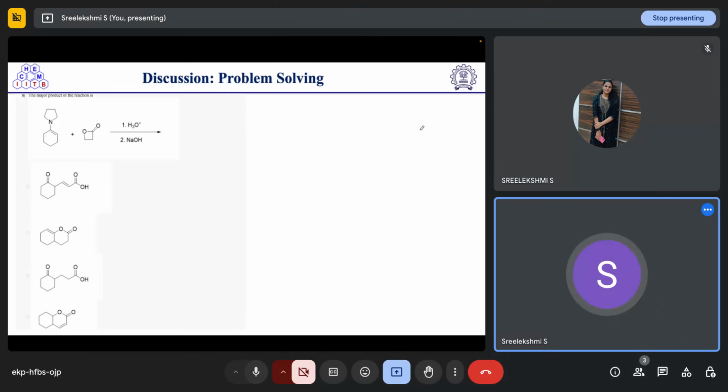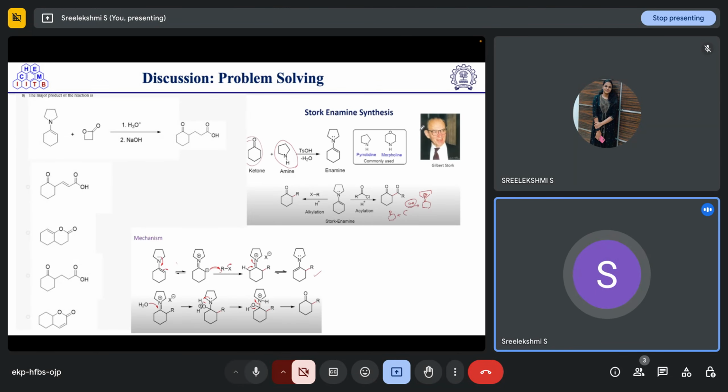Moving to the next question, the major product of the reaction. This enamine is treated with this lactone under acidic hydrolysis, followed by treatment with NaOH. The correct answer will be option C, and this is an example of the Stork enamine synthesis. What is happening basically here is that this will attack this center when this nitrogen lone pair falls over here, and this will be opened up